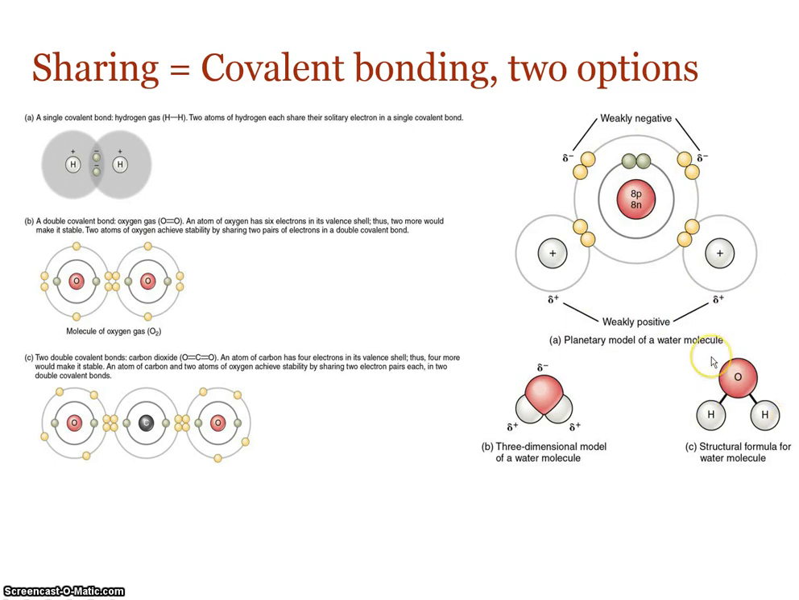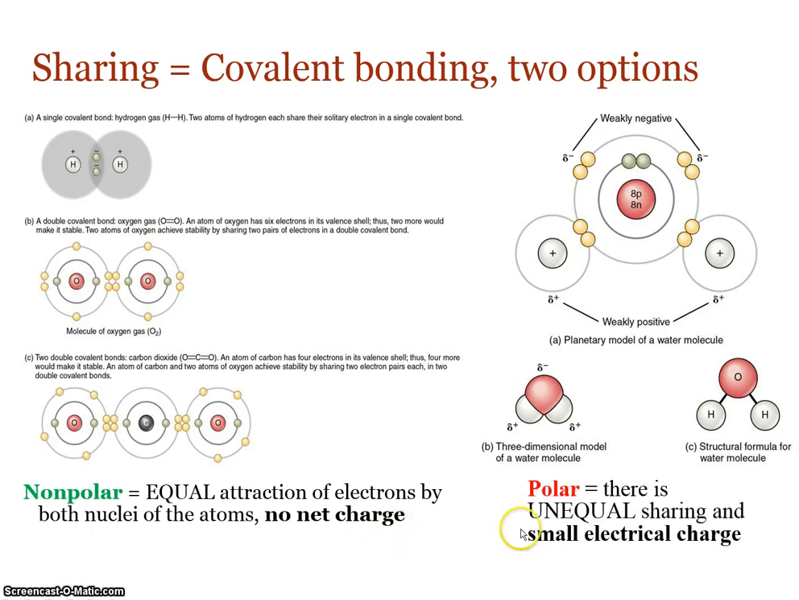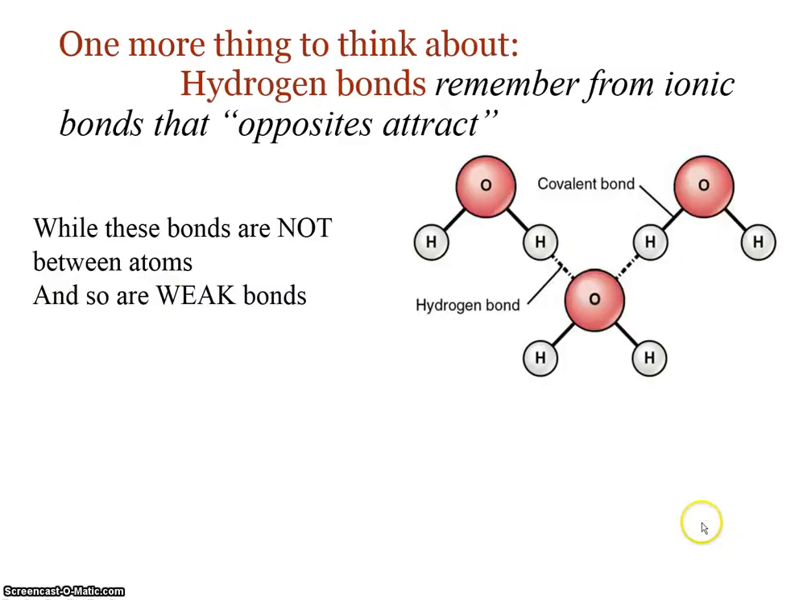And again, this is really important. Nonpolar: equal attraction of electrons by both nuclei, no net charge. Polar: unequal sharing, small electrical charge. But in both scenarios, you have completed your outer shell just like you did when you did ionic bonding. So that's it for the bonds that can form between the atoms,